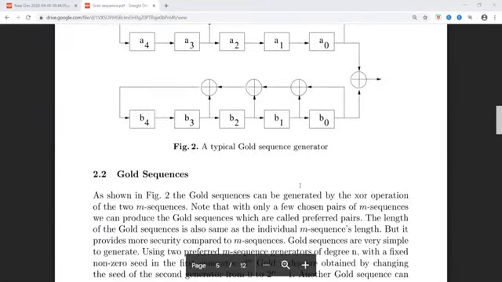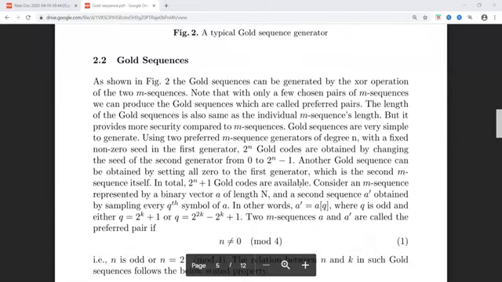Now coming to the gold sequence, I hope you have understood what a gold sequence is. You should be very careful about that rotation. Using two preferred M sequence generators of degree n with a fixed non-zero seed in the first generator, that means for no reason should you have the initial data as 0 in the generators.